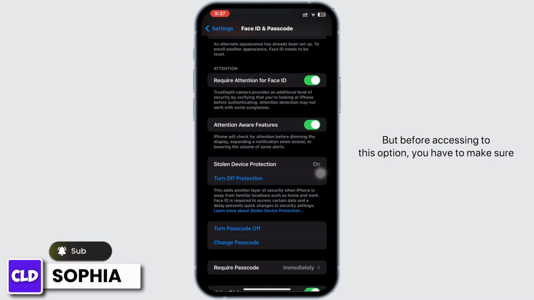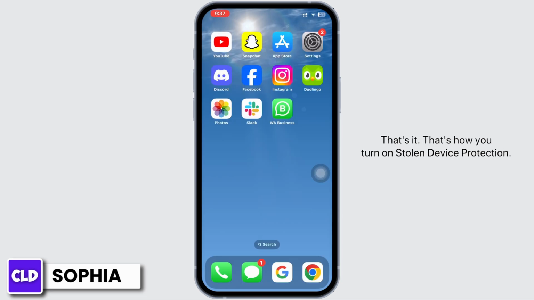But before accessing to this option, you have to make sure you have turned on the option of Find My iPhone in your device. And that's it. That's how you turn on stolen device